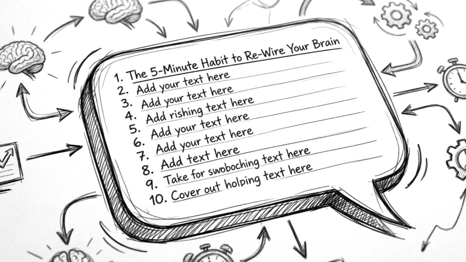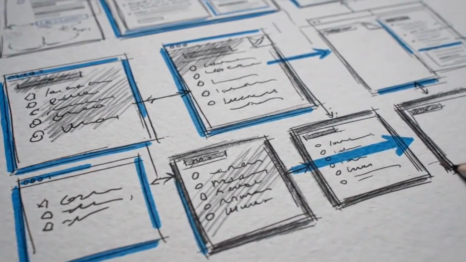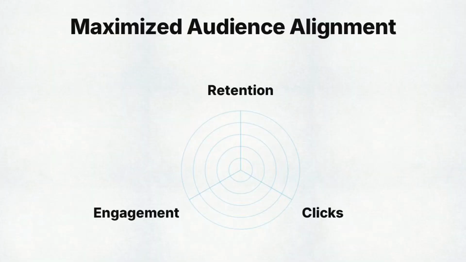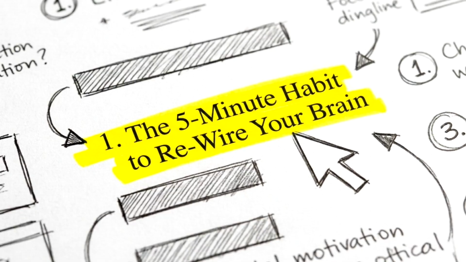Once the analysis is complete, prompt the AI to generate 10 new video concepts that follow this exact successful structure. Because these concepts are derived from the logic of a proven channel, you aren't guessing what will perform. You are targeting an audience that has already demonstrated a clear interest in these specific topics. Choose one concept from the list. Command the AI to write a full conversational video script for it, using the structure it just identified from the